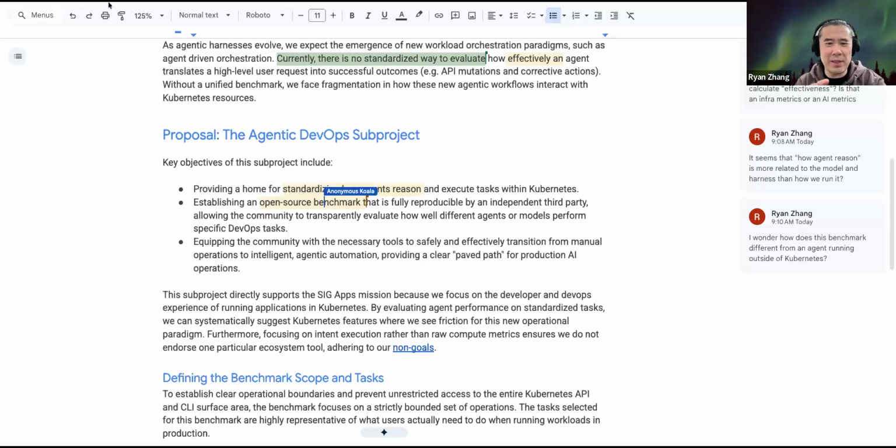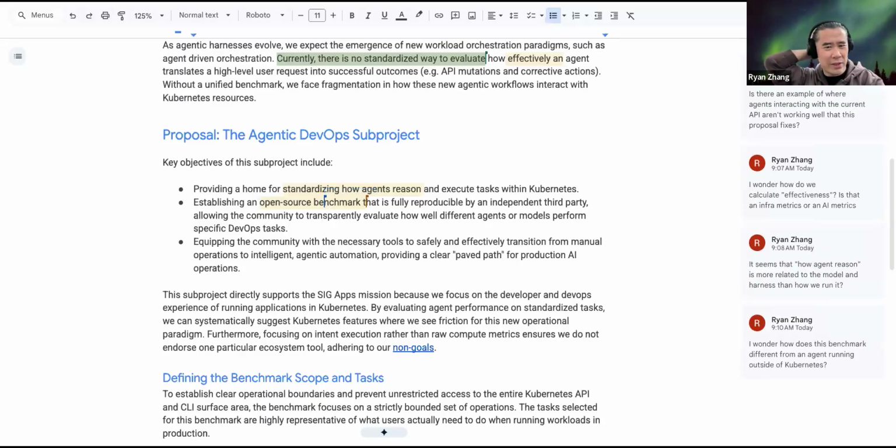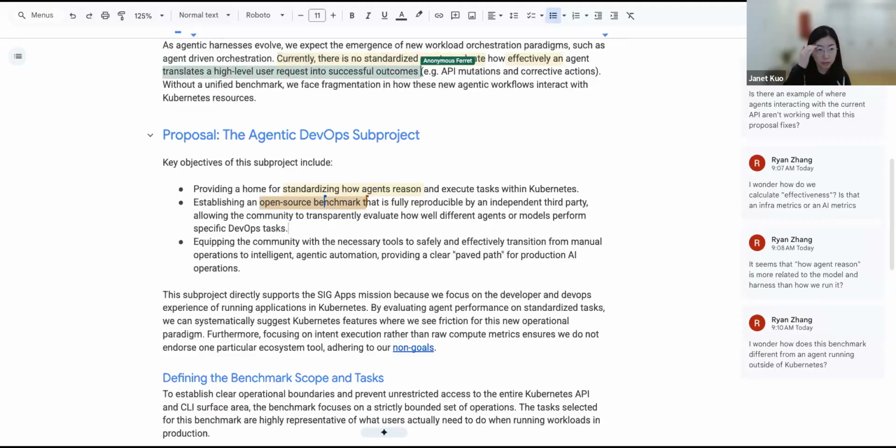Is this DevOps the same as the whole proposal, the agentic DevOps project? Is that related, or just happens to be, because agents can do a lot of stuff, not only DevOps. So this project is specifically focused on the agentic DevOps.